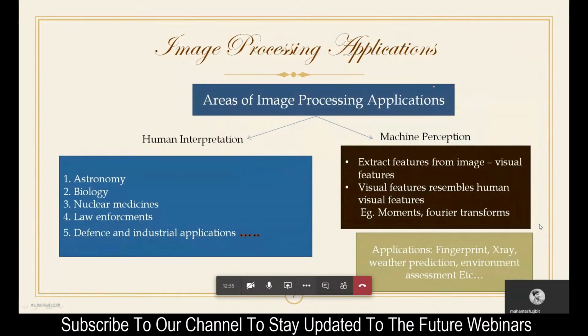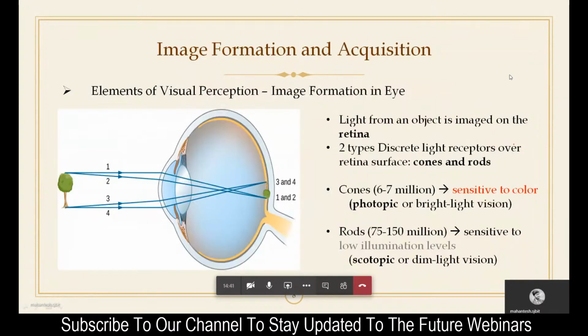There are so many image processing applications. They have been classified into two: biology, nuclear medicine, law enforcement, defense, and industrial applications, whereas there are many things which come under machine perception, where we are trying to train a machine by giving images as an input and make an analysis, and allow the machine to decide the necessary steps to be taken based upon the image analysis. The first and foremost is